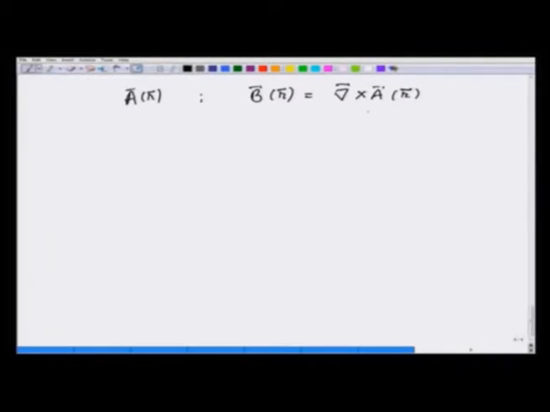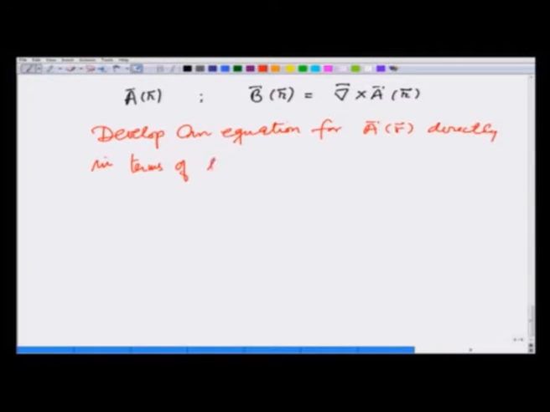What we want to do in this lecture is develop an equation for the vector field A(r) directly in terms of the current density J(r). Something similar to Poisson's equation